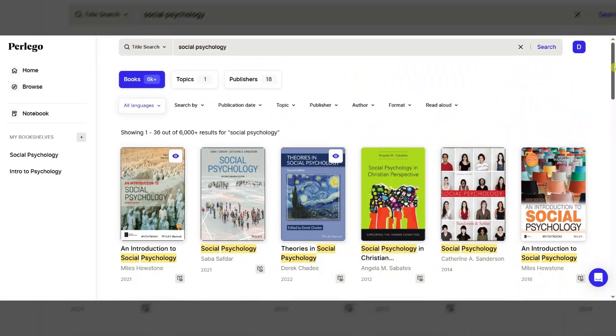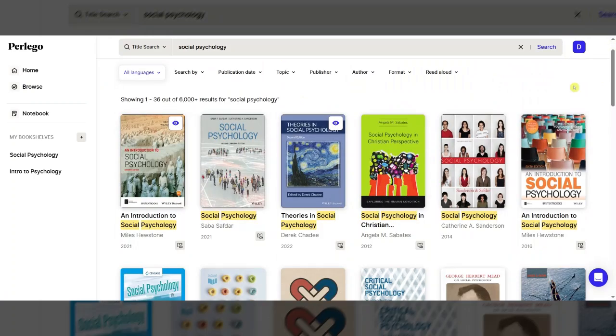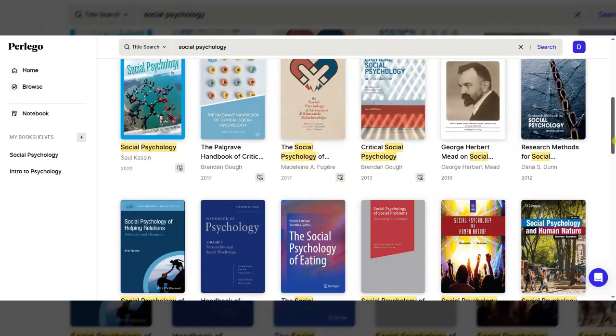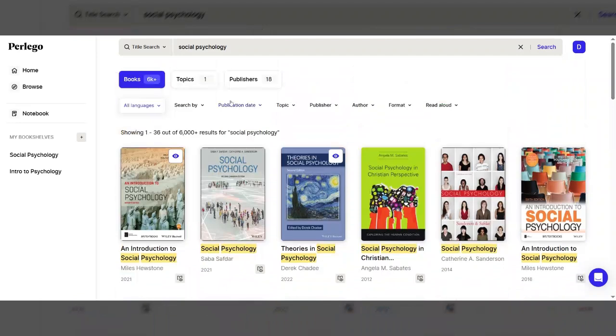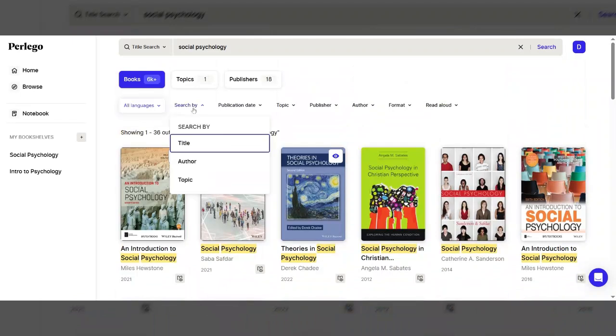And you can see here it's giving me a lot of results, and it's highlighting in yellow where it's picking up the social psychology element. So it's picking up most of these from the title. But if we look here, just underneath the search bar, we have how many books it found. We have topics, publishers, 18 different publishers. And then down here, you can filter by language. There's also search by, so we've searched by title. But